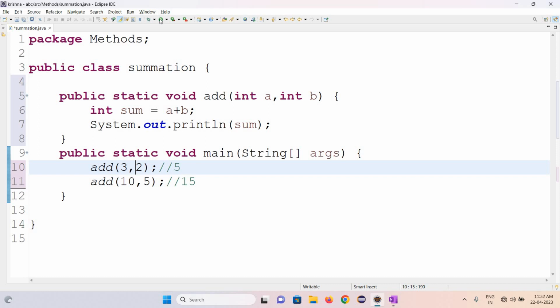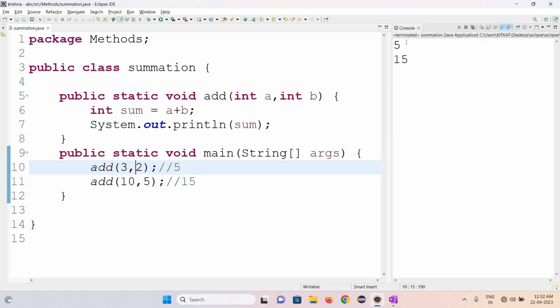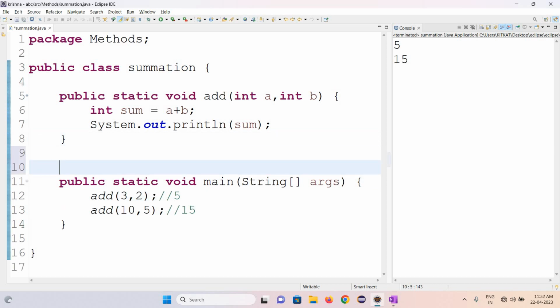Now I'll execute, and you can see. The first output is 5, 3 plus 2. The second output is 10 plus 5, 15. Like this. Now if you want to perform subtraction also, okay,